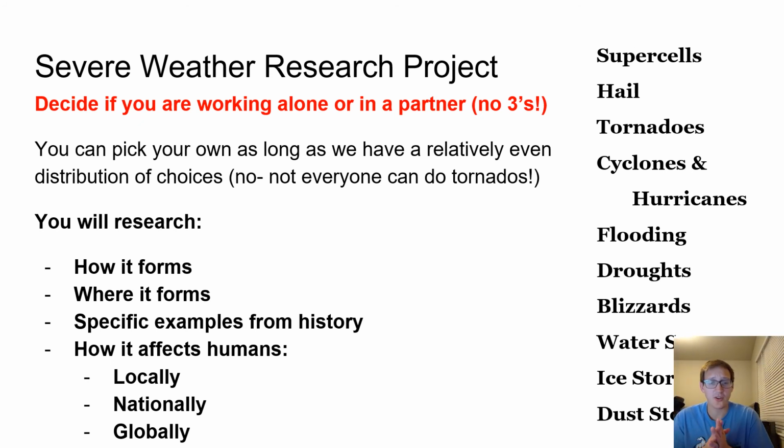You're going to be doing this on your own. And here are the things I'm going to need in your PowerPoint presentation. Okay, how that storm forms, where it forms, specific examples from history, and how it affects humans locally, nationally, and globally. Now, I want you to think deeply about that last part, because I don't want you to just say, okay, well, flooding, locally it causes damage. Okay, I want you to think more deeply, like over the course of time, what else could flooding cause? Okay, nationally, globally,